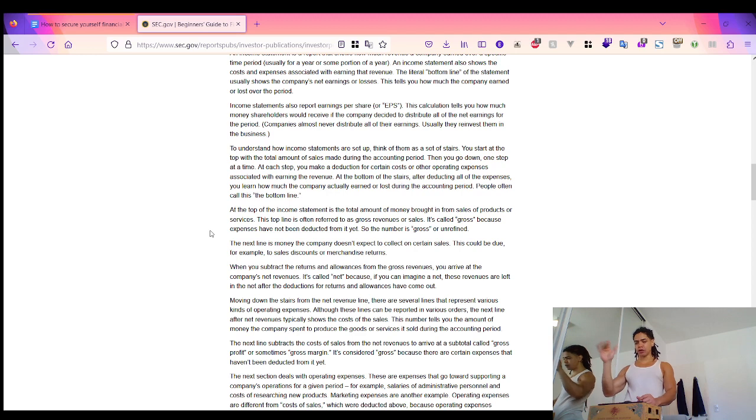So, at the bottom of the stairs, after deducting all of the expenses, you learn how much a company actually made or lost in that accounting period. And people often call it the bottom line. Okay. So the bottom line, when you hear that sentence, right? When you hear the bottom line,